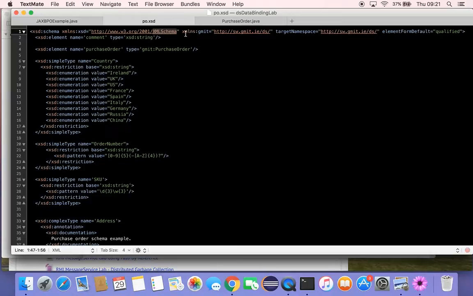Now we're creating another namespace here called GMIT, and this refers to ourselves, sw.gmit.ie/ds for distributed systems. This is a default namespace, the namespace prefixed with GMIT. The target namespace for any XML document that is implementing this schema should be the same here. It should be sw.gmit.ie/ds. Element form default is qualified, which means that there must be qualified elements with these namespaces in order to be